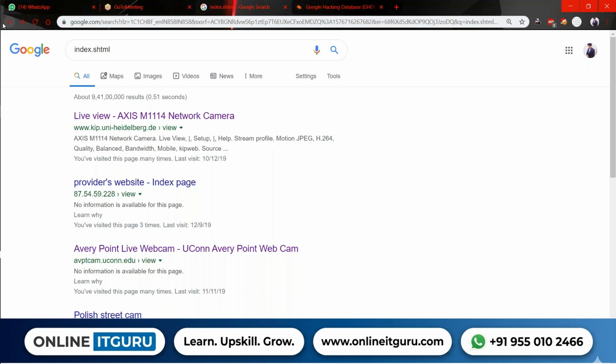Any camera which has an IP address is connected to a network, and any camera connected to a network, we can search for through Google and access it. That is what terrorist organizations do. The airport cameras are connected to a network. So they'll use Google Docs to find out whether security guards are available in a particular area or not. If they are not available, they'll get inside and hijack the plane. That is what happens. This might seem simple to use, but it is very effective. Google Docs are very effective.